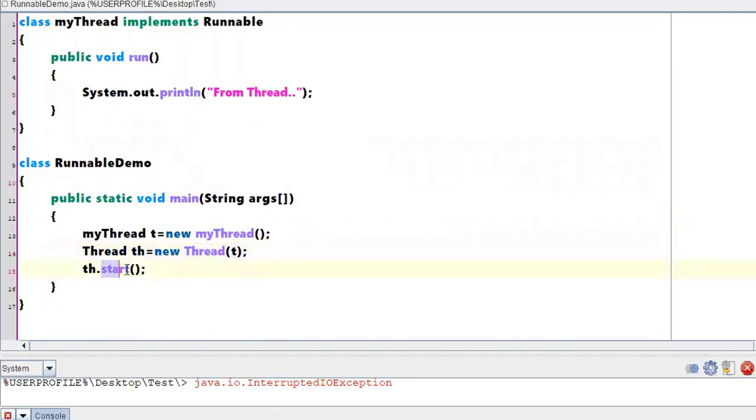That means once you execute the start method, you are telling the start method not to execute the Thread class run method. With respect to t, I have a run method defined. You start that particular run method. Any questions with respect to this particular example?